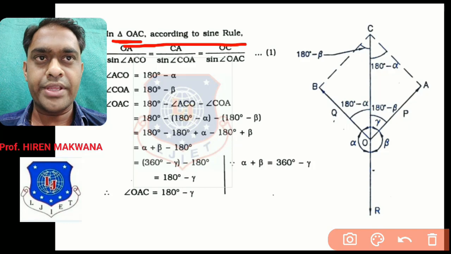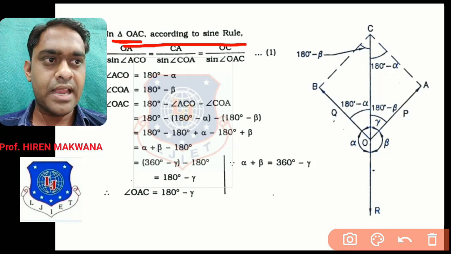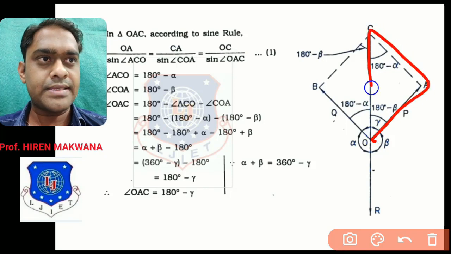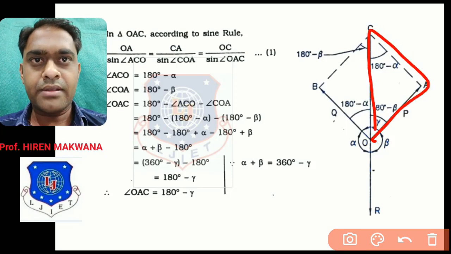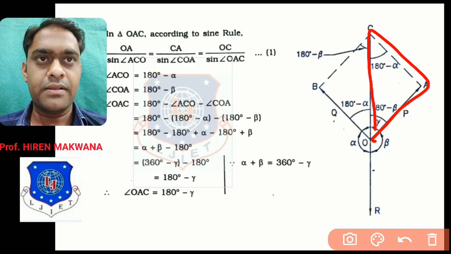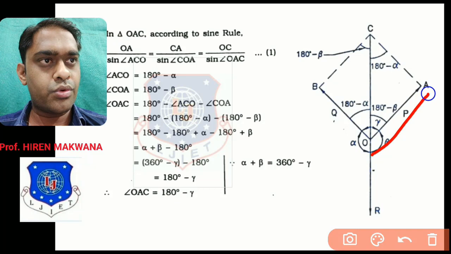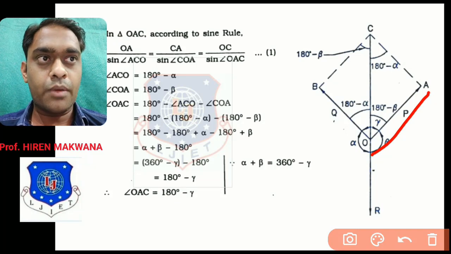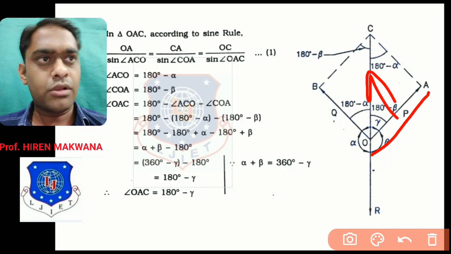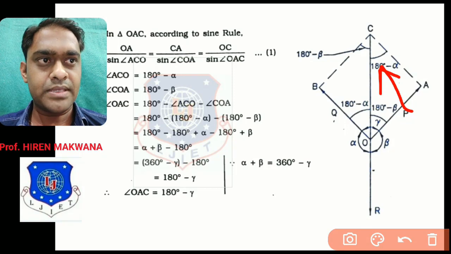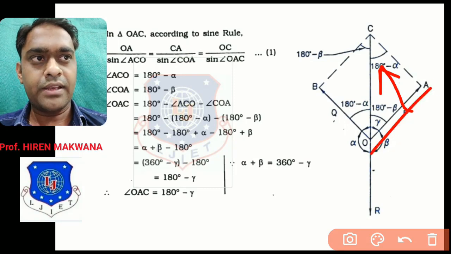It is triangle OAC. Okay, so where is the triangle OAC first? You can see this is the triangle OAC. So turn by turn, take a side of this triangle. First side is OA. Where is OA? So which is the opposite angle of OA? This is the opposite angle of OA. Side OA. So what is the name of that angle? Name of that angle is ACO.